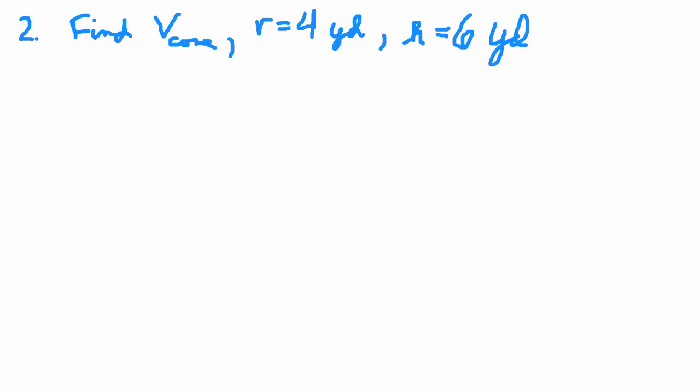All right, before we find the volume of the cone, we're going to do a comparison to the volume of a cylinder, because the volume of a cone is related to the volume of a cylinder. So if we had a cylinder that had this same radius of 4 yards, and the same height of 6 yards,